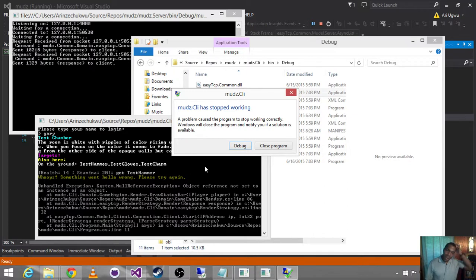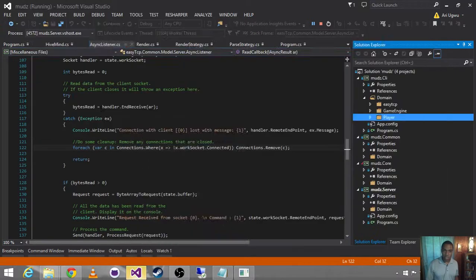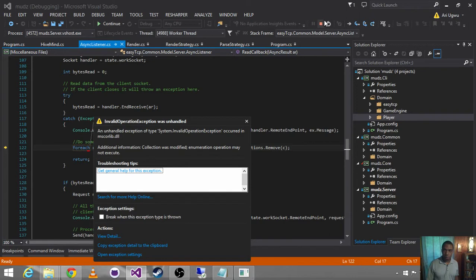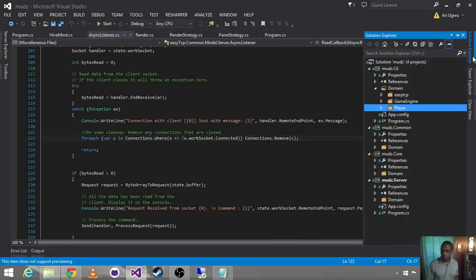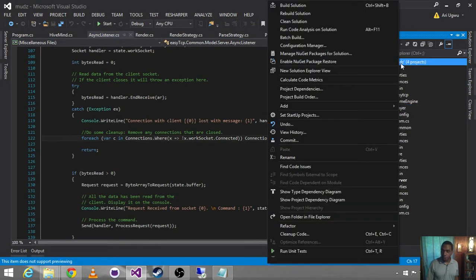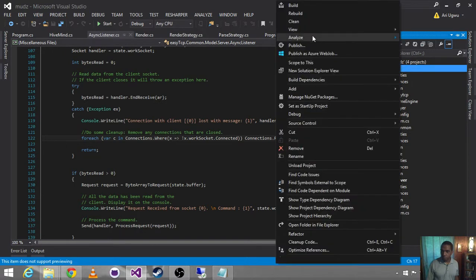When I get hammer, why does it die? Or any error, right? We should at least be able to do some basic hardening. So let's go ahead and set, this is our setup project.